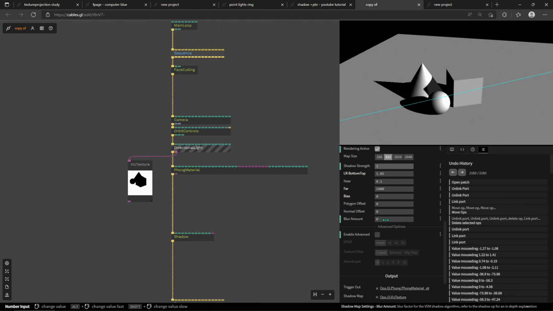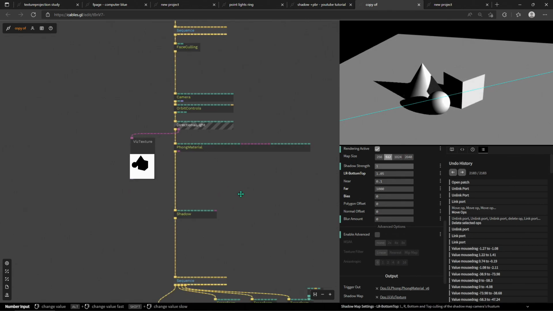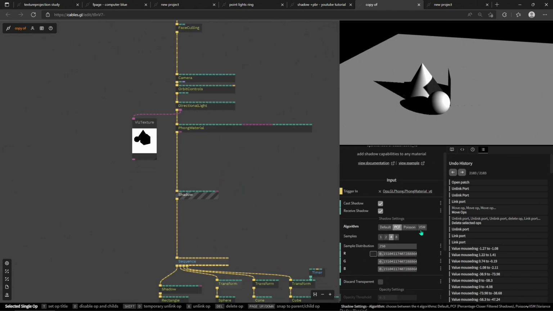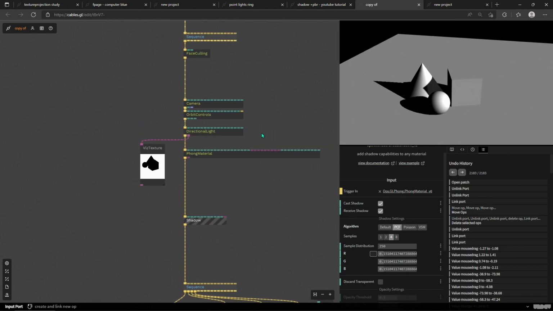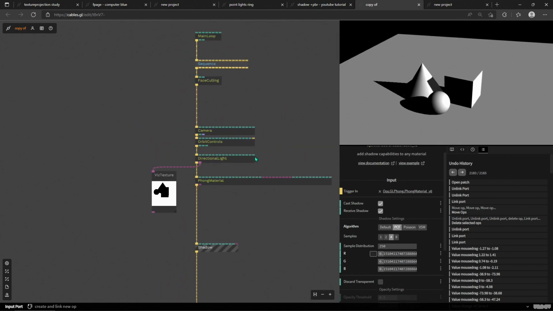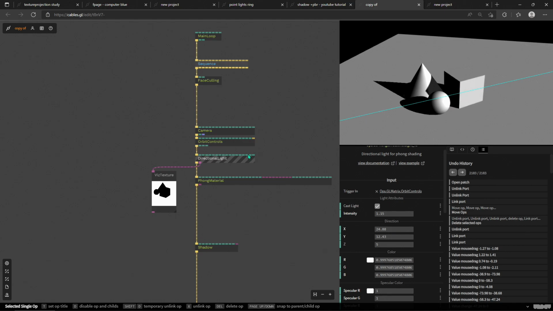And blur amount is best used with a different shadow type. For example, VSM, I think VSM is the best one for blur, but it also works with PCF and Poisson. I don't think I'm going to cover it in this tutorial, but definitely play around with VSM and blur and see how it works. Otherwise, this tutorial is going to be super long, and maybe I'll make a part 2 or something. All right, so